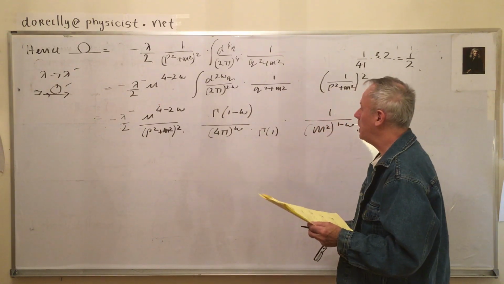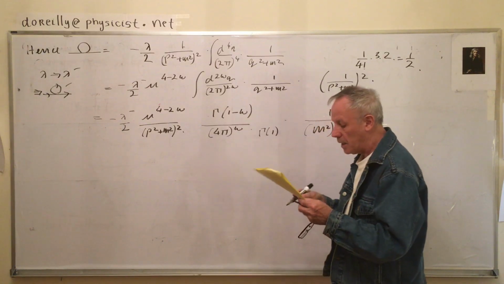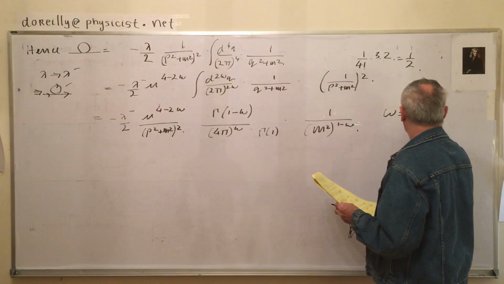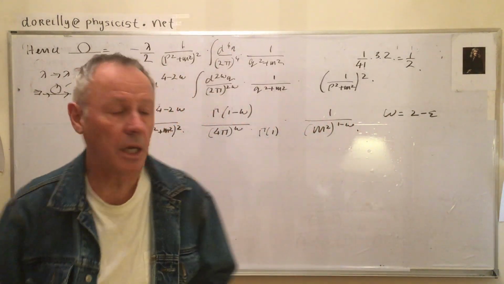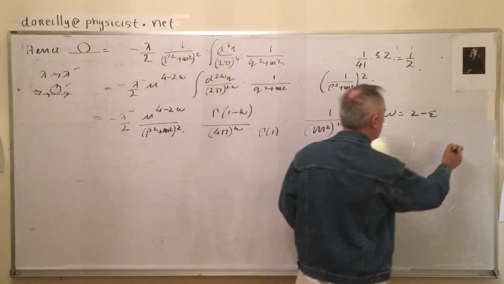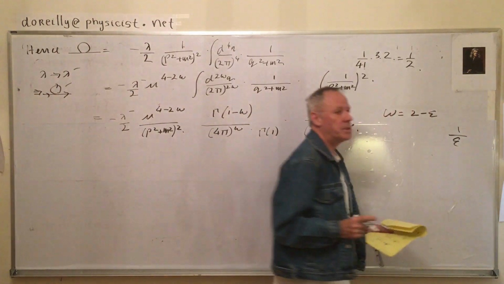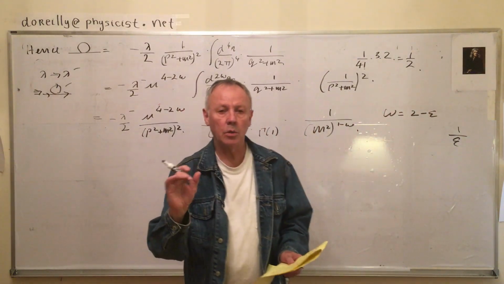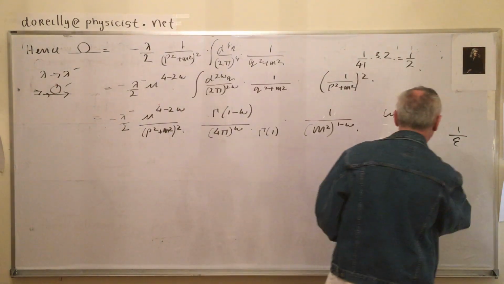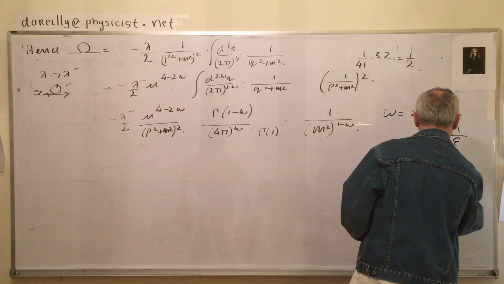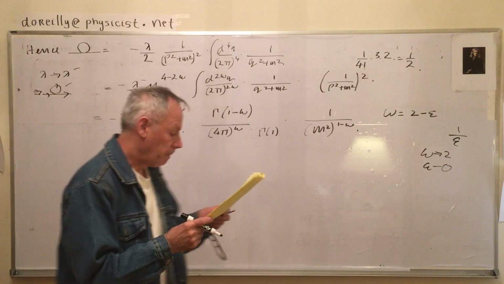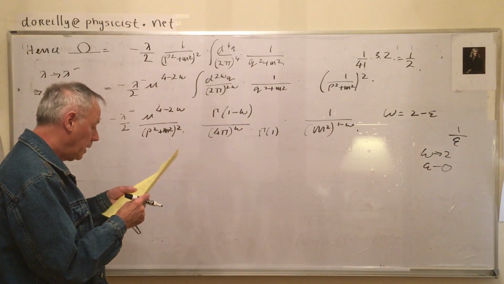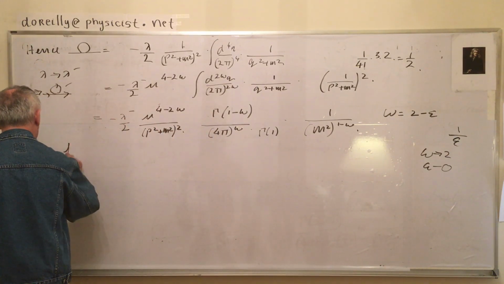And now this just has to be manipulated. We just have to manipulate out these guys, where omega equals 2 minus epsilon. I'm going to put in epsilons in place of omegas because I want to extract a pole, 1 over epsilon, because epsilon is going to go to 0 when omega goes to 2. 1 over 0, that gives the pole. All right, what next? So I'm just going to let C1